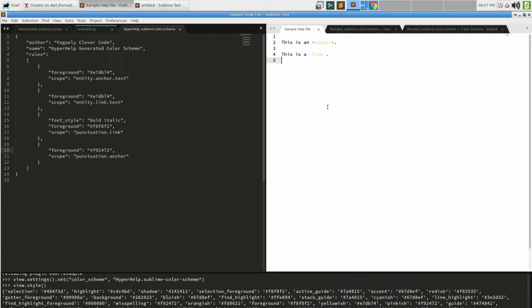And as a matter of fact, if I was in this view and I did that same thing, we can see there are a lot of things that are just all white, or all black, like find highlight background. But in active selection, 999, that's nothing we put in here. And various other things, like the accent color. And that's because Sublime tries to grab colors and extrapolate them.